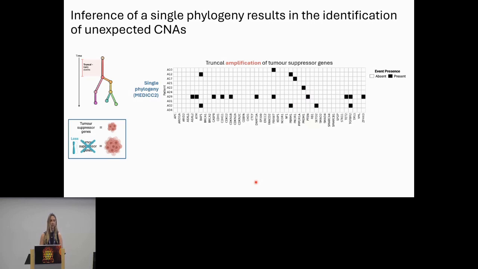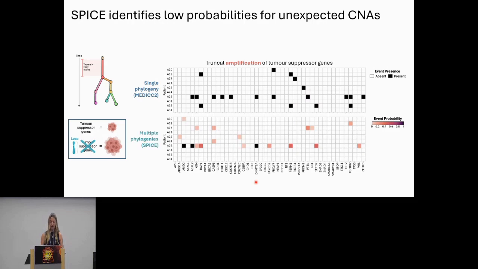And here, when we use a single phylogeny, we can see that we observe many truncal amplifications of tumor suppressor genes. Now, this is a result that we wouldn't expect because the loss of these genes is known to drive cancer. Having them amplified seems to be counterintuitive. However, when we incorporate multiple phylogenies, we can see that for a majority of these genes, the chance of a truncal amplification occurring is actually very low. And this highlights the importance of accounting for this uncertainty to give us an idea of the confidence we have